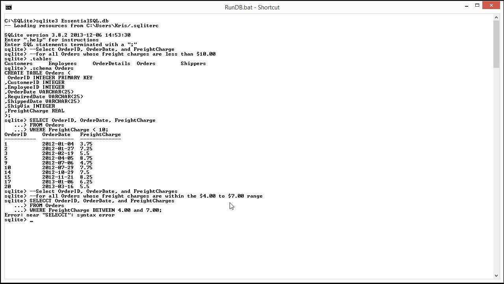And I got an error. Oh, I spelled select wrong. All right. So this is going to be tricky. So I can come up here and change the select. I'm going to rebuild this statement. I have to use the up arrow to do that. So I got select. Now I'm going to get the from. And now I'm going to redo the where clause here. Oh. I have to retype the where clause. So we will do where